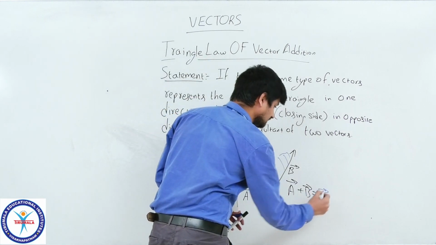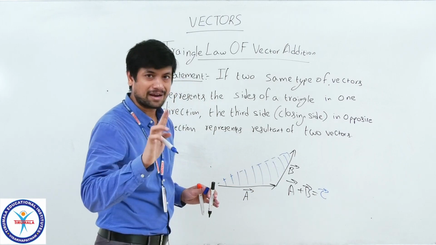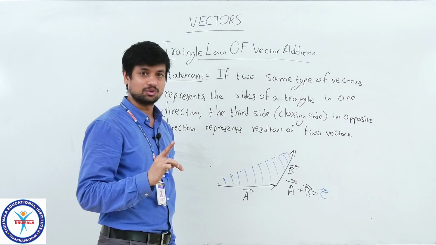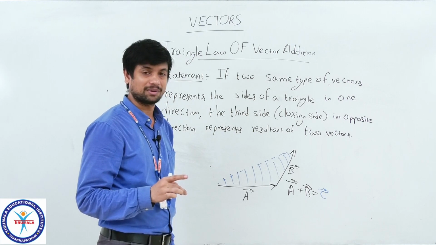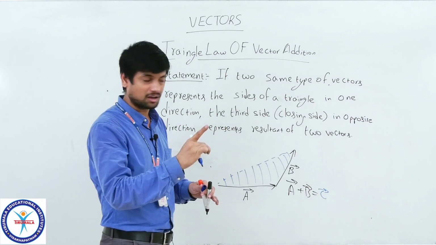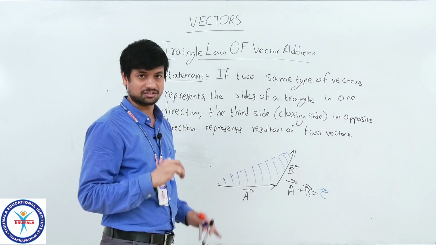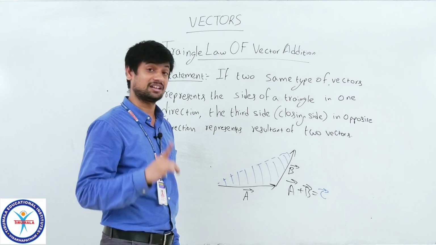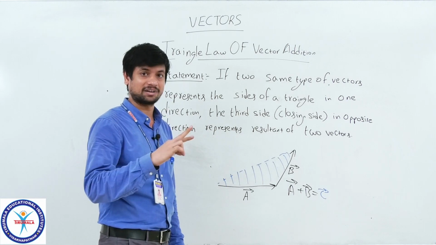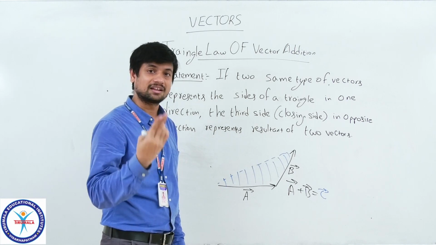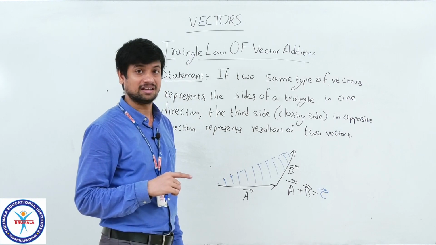Consider C. Now, the C value we need to know. If you add two vectors, again what happens? You get a vector, because so many forces are acting on one block, as we have already discussed, that gives you a resultant force in one direction. Is the resultant force also a vector or not? Yes, that is also a vector. So, if you add or subtract vectors, the resultant is also a vector. In some cases it is not possible, as in the scalar product.